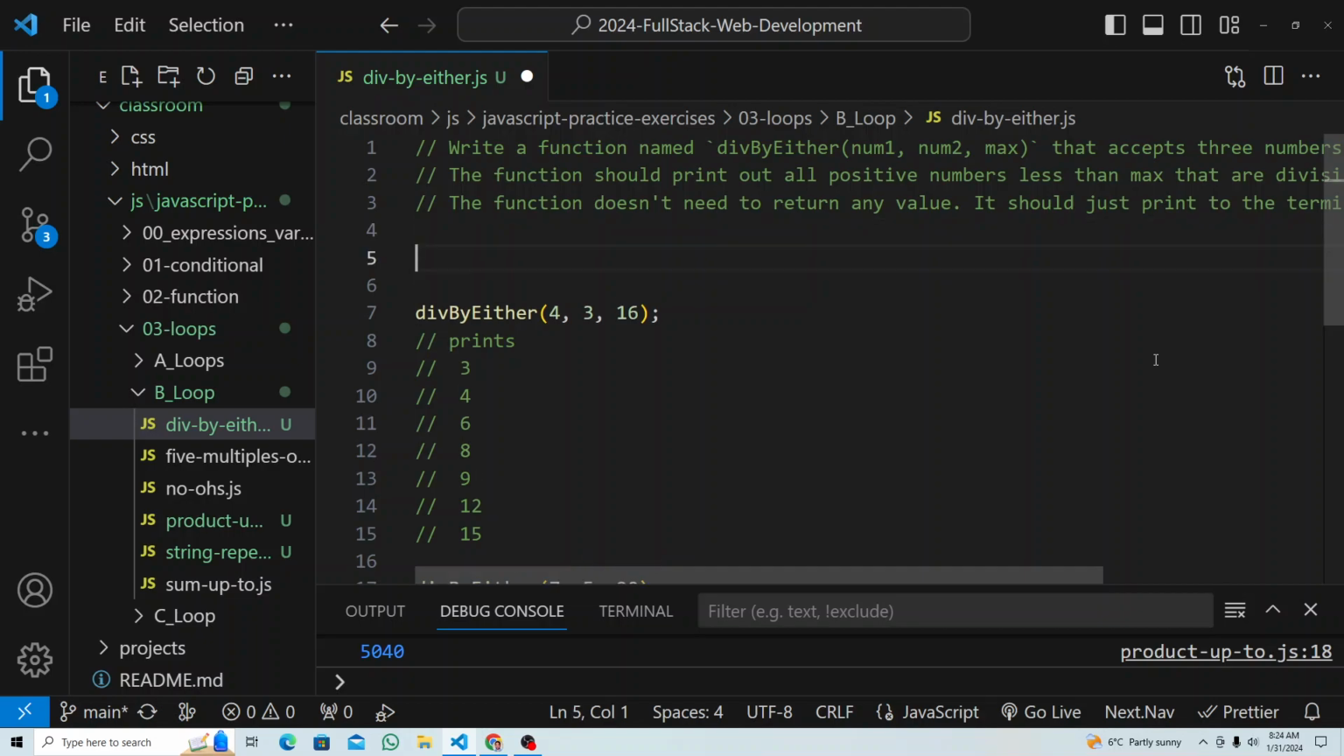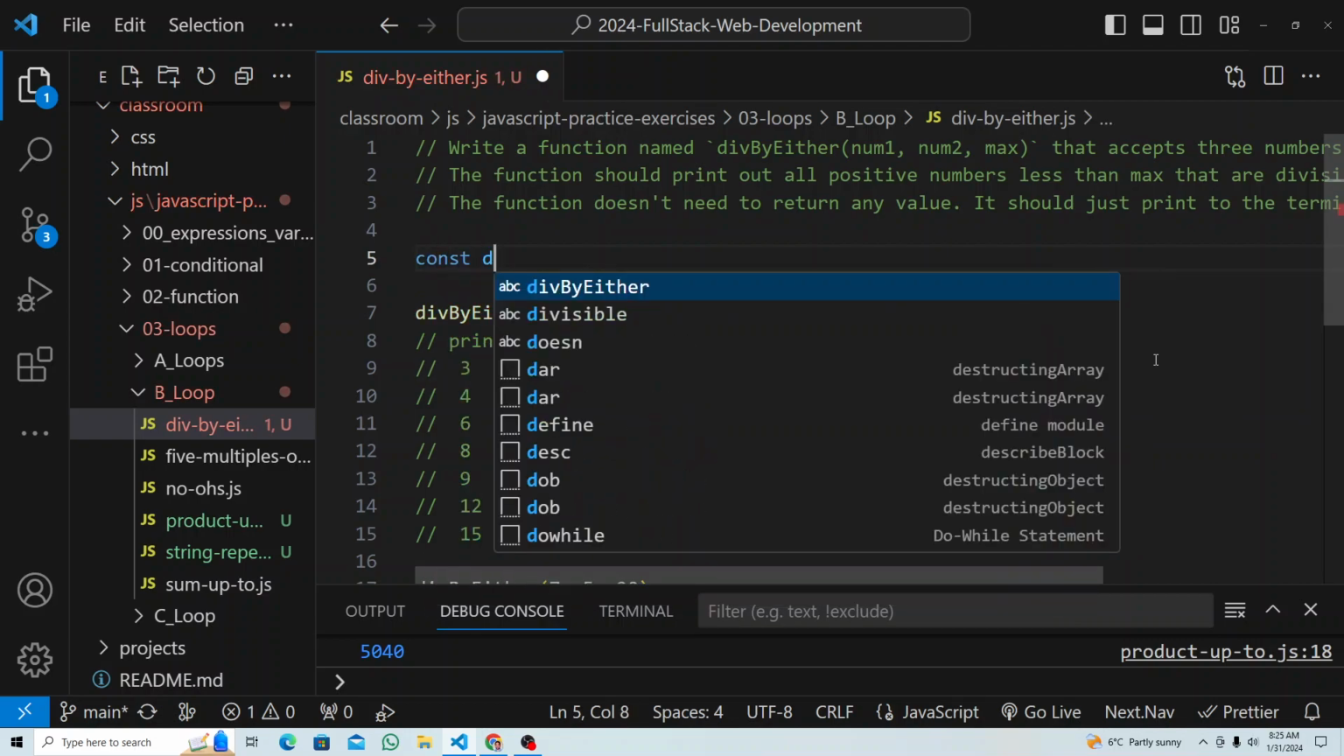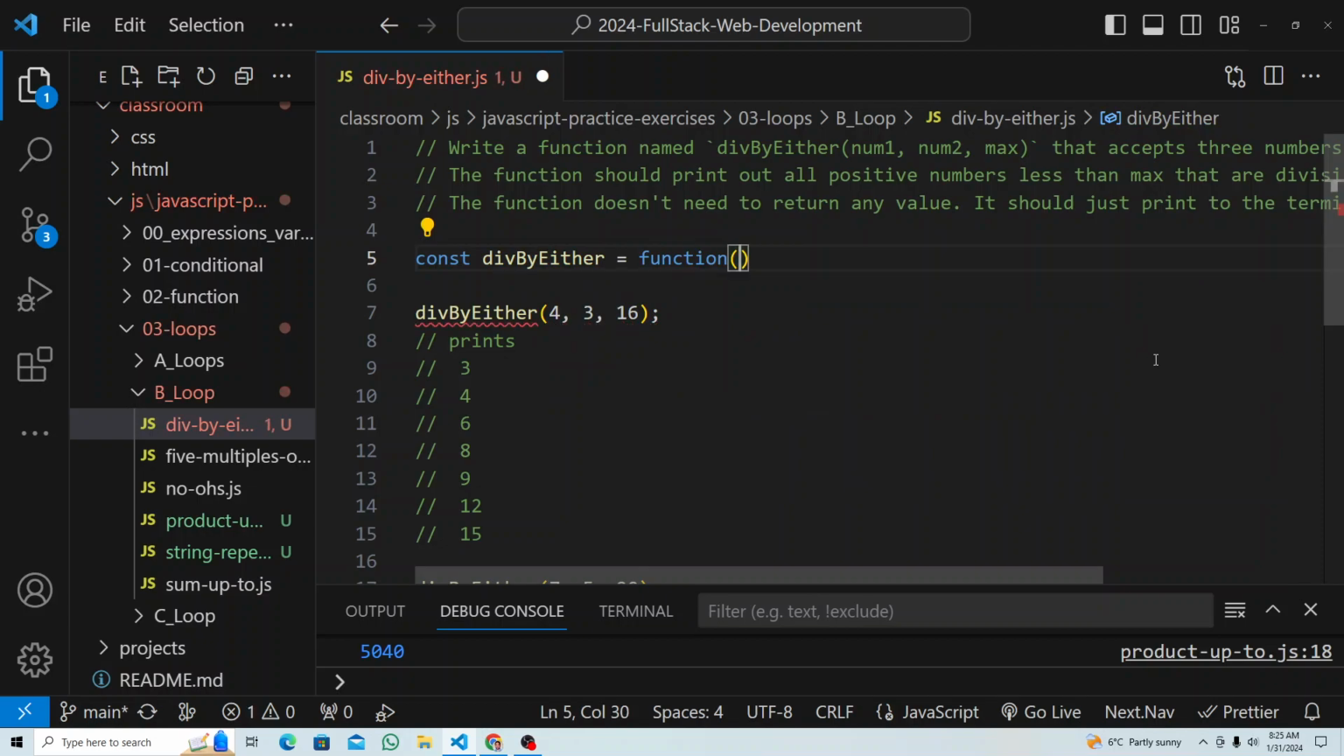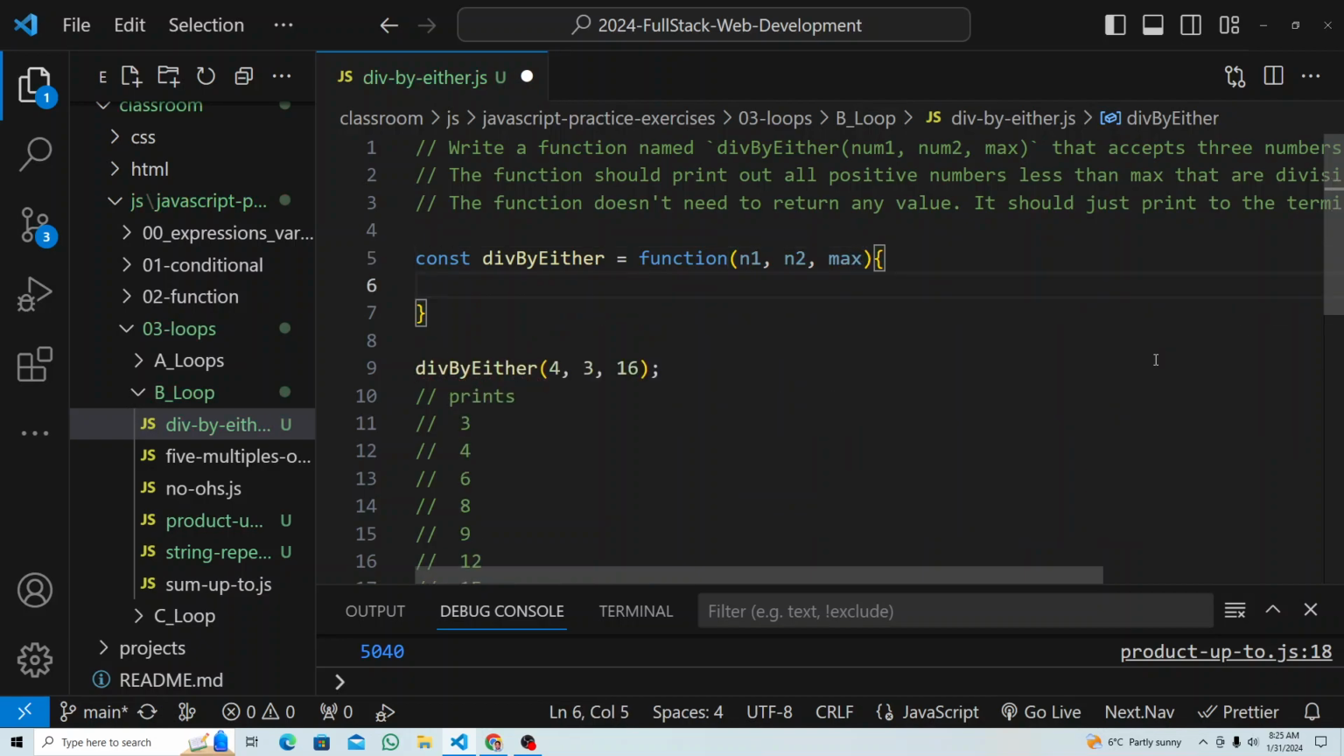Let's write const divide by either equal to function. It will take 3 numbers, so n1, n2, max, right? And so I just need to check, right, and print. Here the function does not need to return any value, no return, right? Just print. Fine. So I just do the loop, for loop, let i equal to,